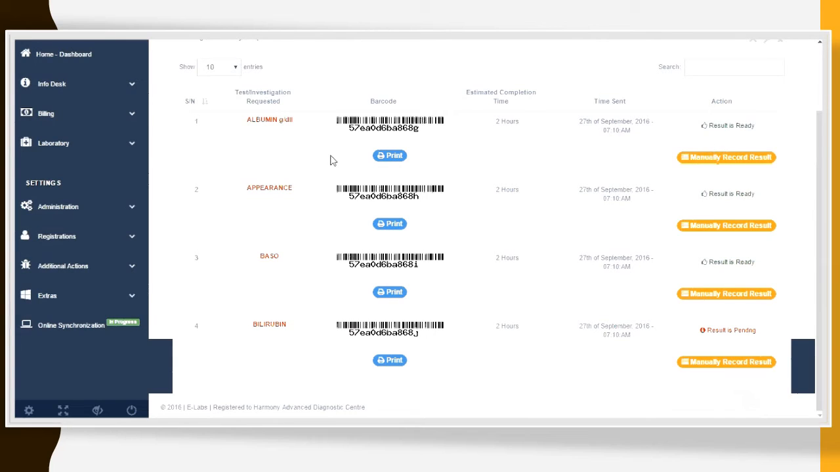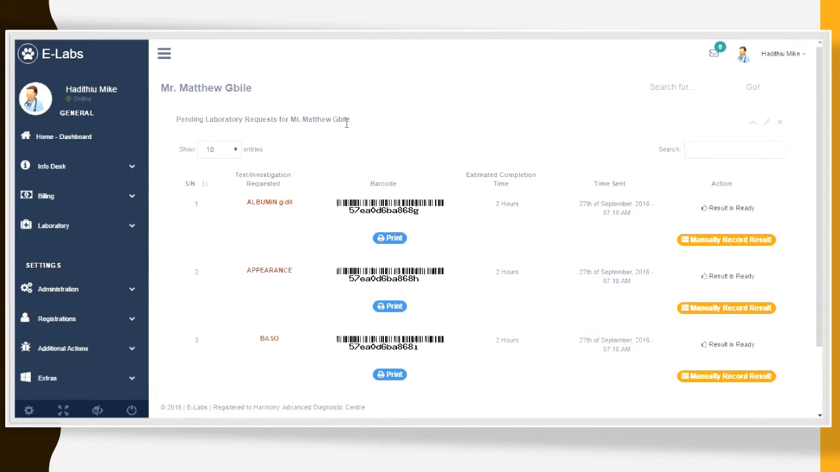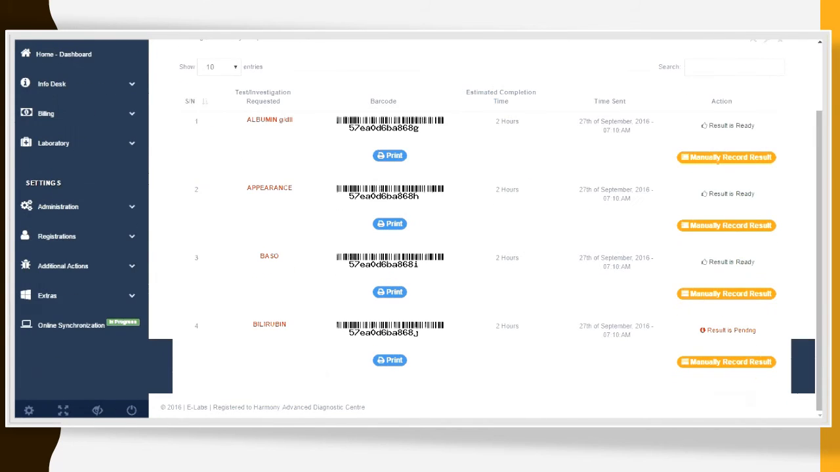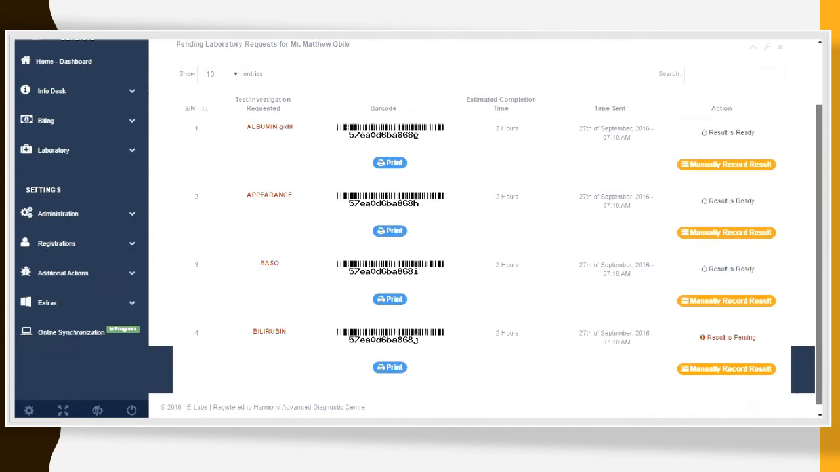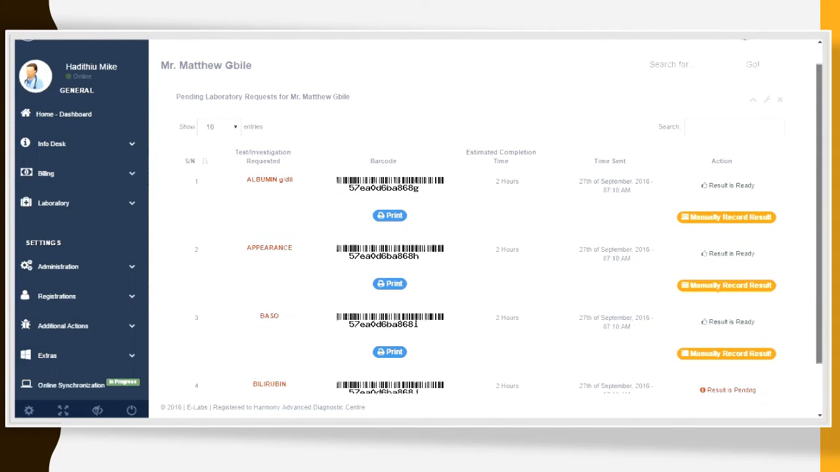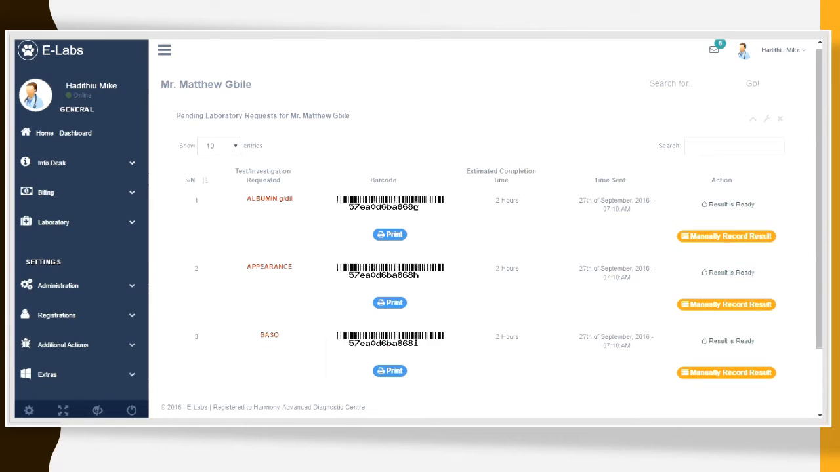are ready for the four tests requested for this patient, Mr. Matibile. So immediately it sends an email with the report. It sends the report to Mr. Matthew. So for instance, if Mr. Matthew was in a hurry and wanted